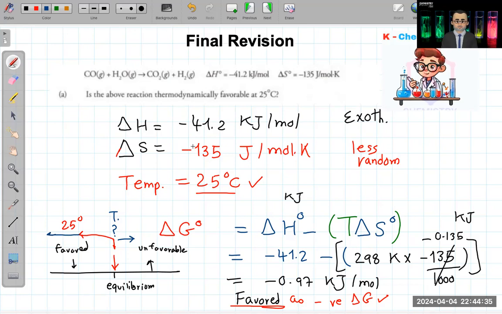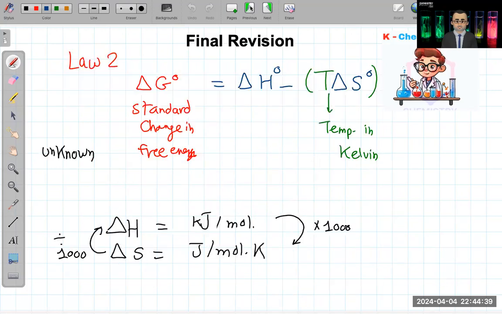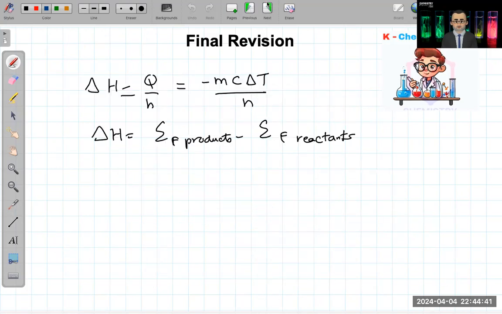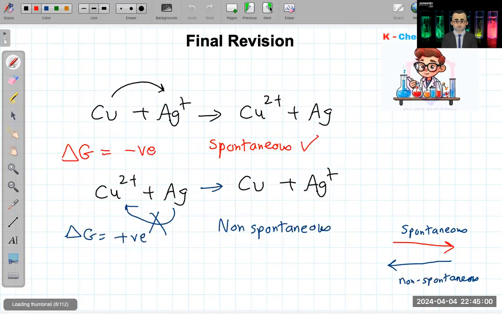What is this temperature? Is it what we will look for? But what is delta G? Can you try to know what is delta G? Delta G here will be equal to what? What is the point we are looking for? Delta G is equal to what? 0. Why, Mister? Because before it and after it, there is change.